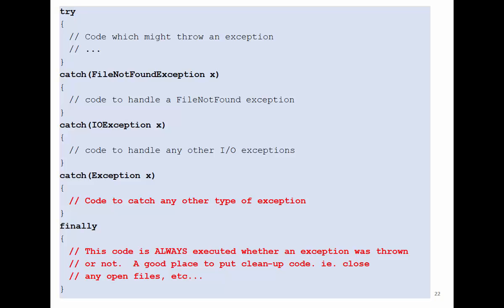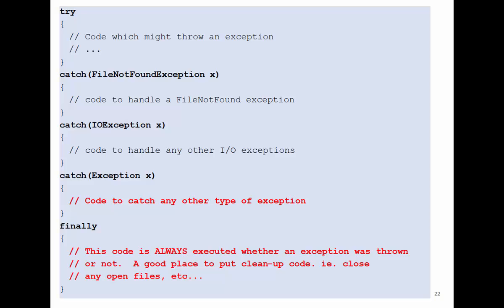And you can see we go from specific to generic. Exception is the more generic type. So whatever exception is there, I'm going to go there. But before the generic type, we have the more specific input-output exception. So if this exception was raised in the try part related to input-output, we're going to go here. We're not going to visit Exception on this side. Then after we finish here, we're going to go to finally. So this code always executes. The finally always executes in that try, catch, finally block.